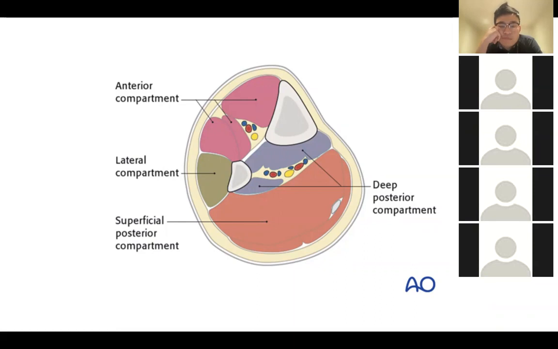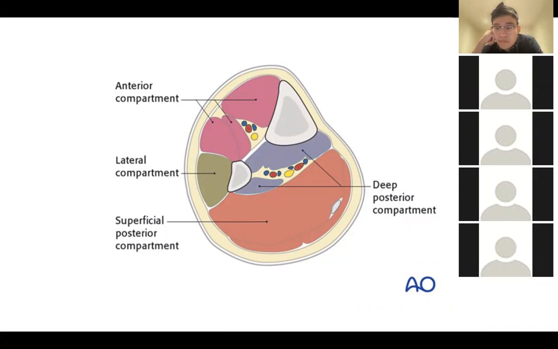Within that compartment, you have the deep peroneal nerve and the anterior tibial artery. In the lateral compartment, you'll have the peroneus longus and brevis, and the superficial peroneal nerve. In the superficial posterior compartment, you'll have soleus, gastrocnemius, and plantaris. In the deep posterior compartment, you'll have the neurovascular structures of the tibial nerve and the posterior tibial artery,